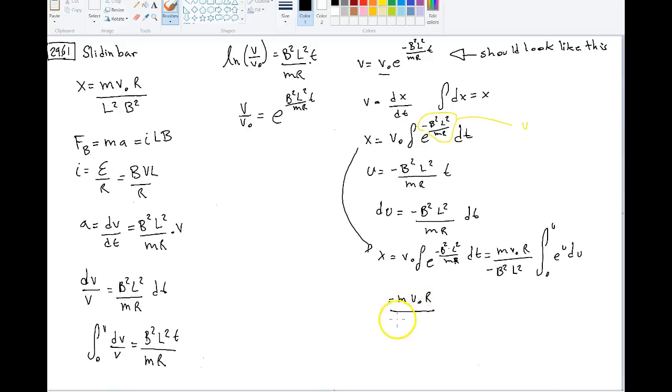We've got a minus sign out here, which we probably don't want. So we can write this as x is equal to m V0 R divided by e squared L squared, 1 minus e to the